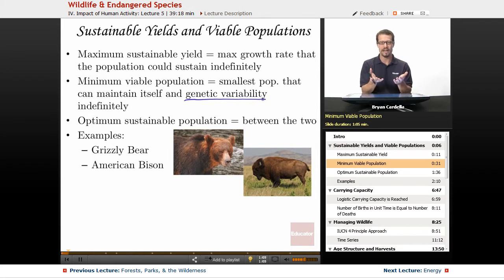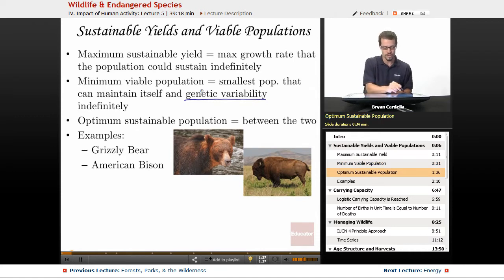When you have just 2 left and their responsibilities to regenerate a more abundant population of that species, that's a lot of pressure in terms of genetic variability because in a sense it's inbreeding when there's just 2 left. So you're not going to get that genetic variability that's desirable in the long term for a population. They'll be extremely vulnerable to environmental change, more so than if you had a lot more than 2. So the maximum sustainable yield and minimum viable population is going to vary depending on the organism we're talking about.